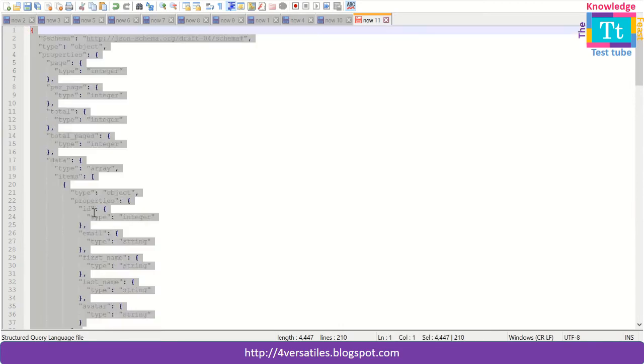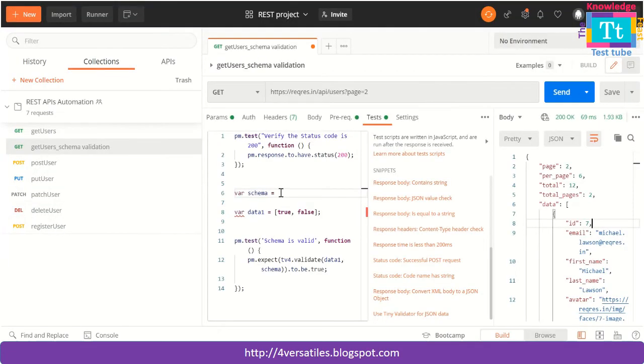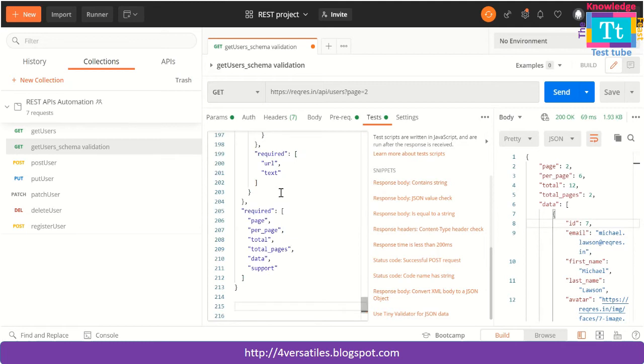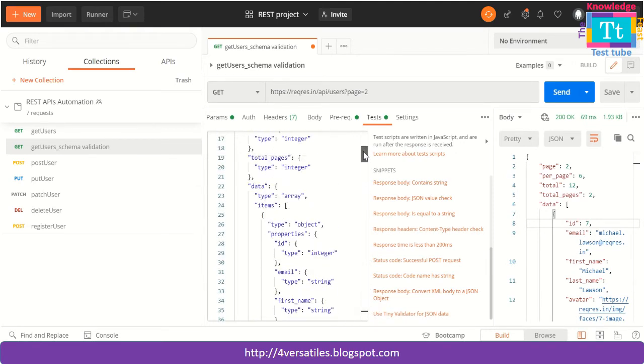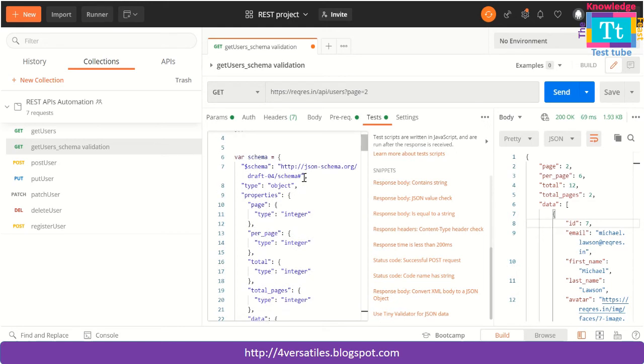I am going to copy this one and keep it in this variable, and type semicolon. So my variable is schema now, and it is storing the schema of the response which I wanted to validate. So this is going to be my expected schema.